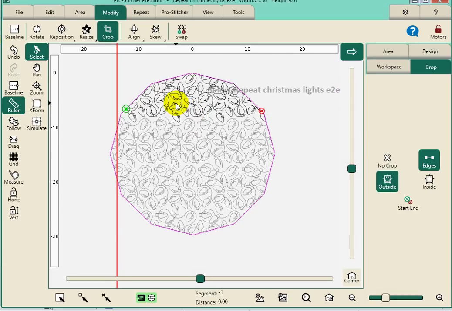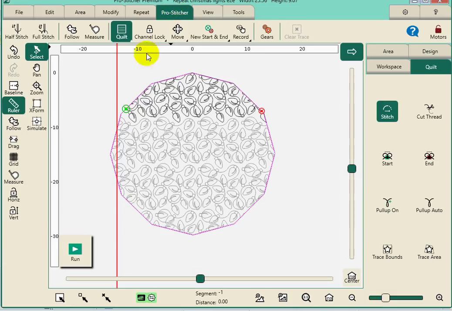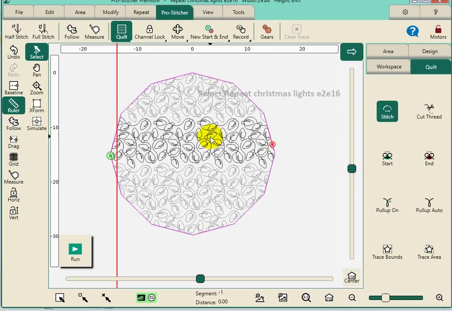So if I select on that first row, go to ProStitcher, I can click Run, and it will only stitch from here to here. So it will actually stop. You can pause. It's going to end your ProStitcher sew out, so only do 1 row at a time. I would stop here, tie off, cut my threads, whichever method you like to end your rows at, and then